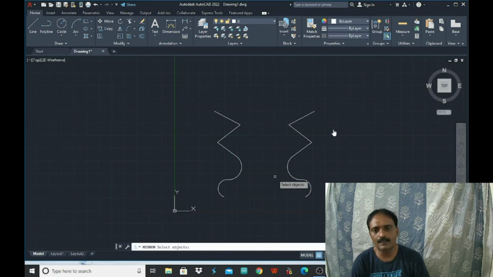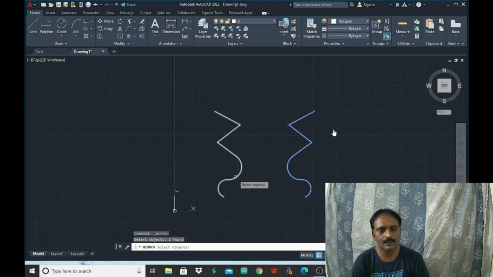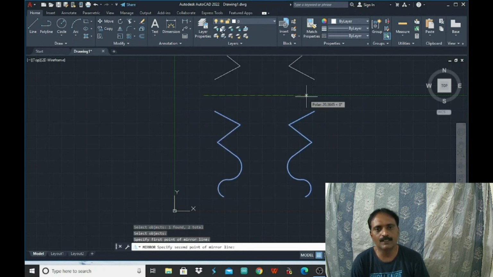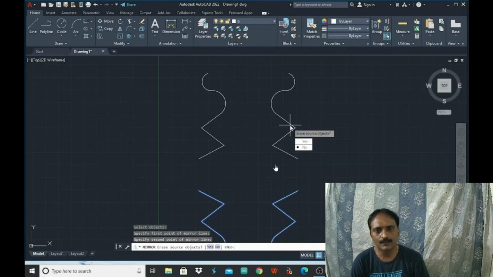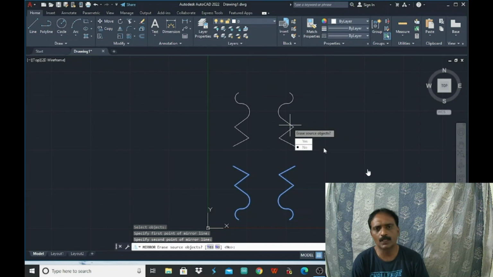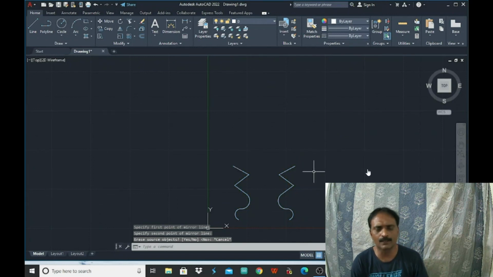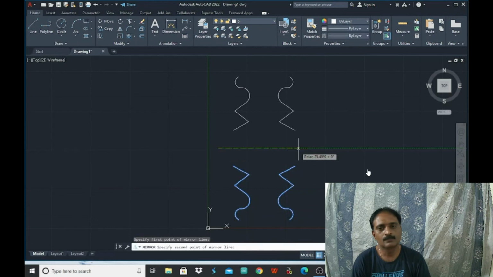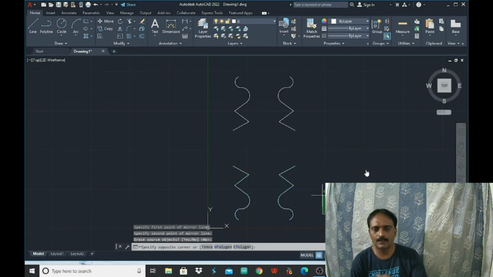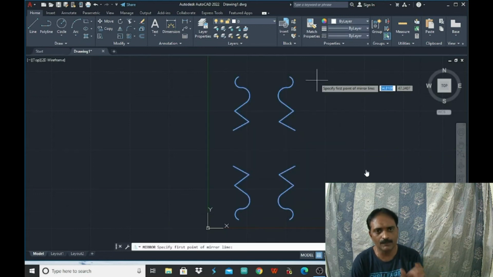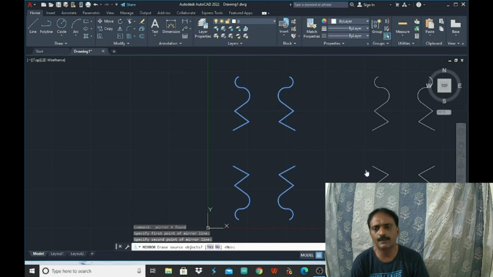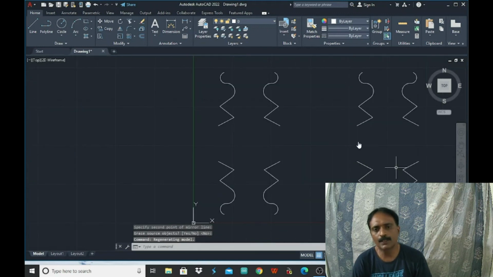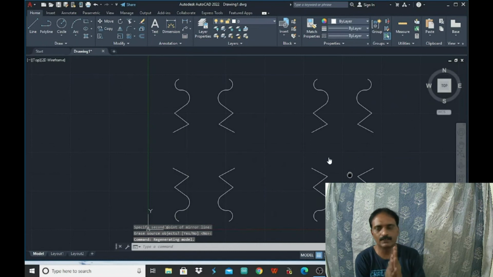And again I am considering these two objects to have the mirror image, and this is the axis that I have selected. So this is the mirror image I have got here. Many options are there, and they are user friendly and anybody can use them. Next, you can select all the 4 objects. This is very important whenever you go for repeated shapes. The important point to remember here is that in order to execute this command you have to press the enter button on the keyboard.